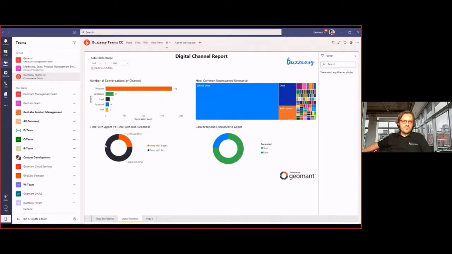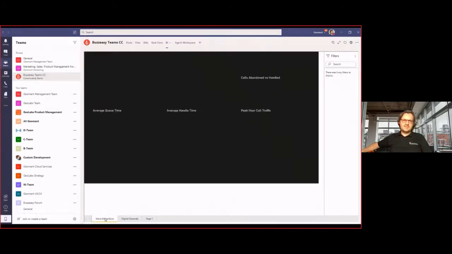But basically here we have one that is on the bots versus agent. So we are not that bad. The bot can handle the majority of the conversations here based on this diagram. And also there is another report on how much time and how that was escalated to an agent. This part is a special one on showing the most common unanswered occurrences on the Q&A. So that's also something that helps.